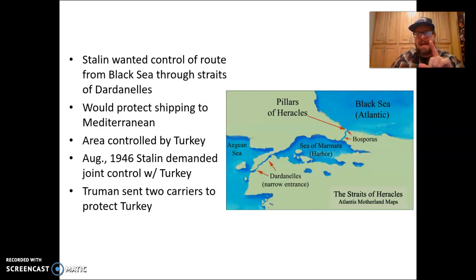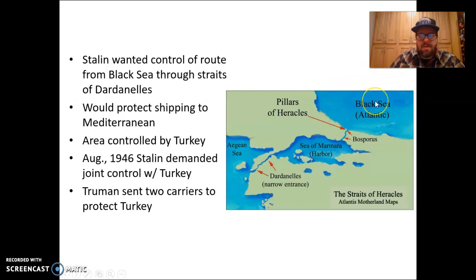What's interesting is the west side of the city is technically in Europe, while the east side of the city is technically in Asia. And so this is kind of the delineating or starting line between Asia and Europe. And so the Black Sea, as you can see here, just north of Istanbul, Turkey, is